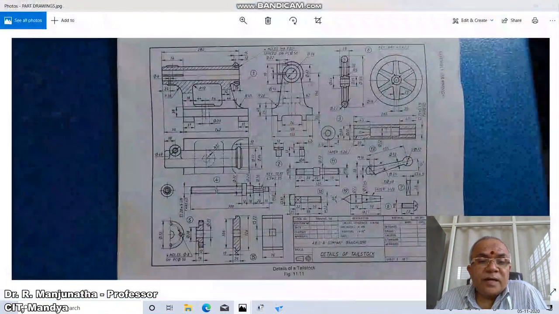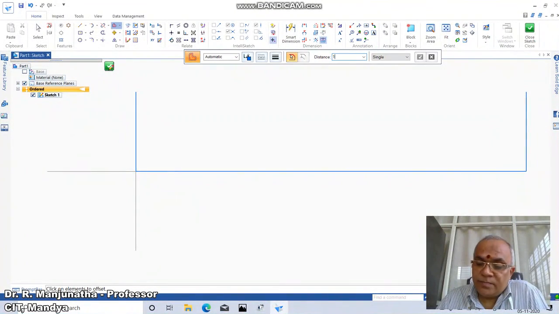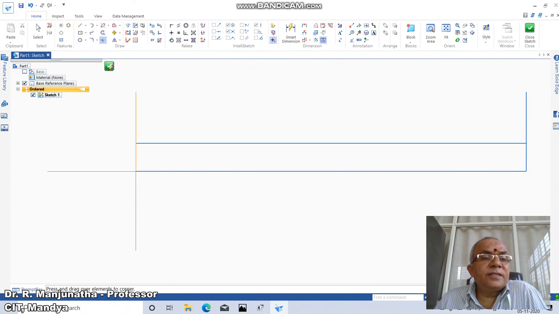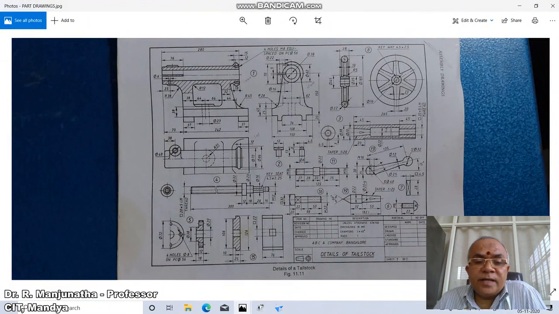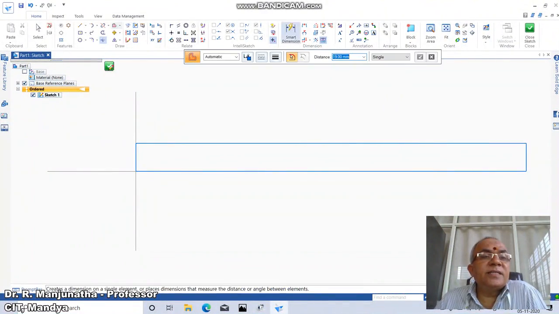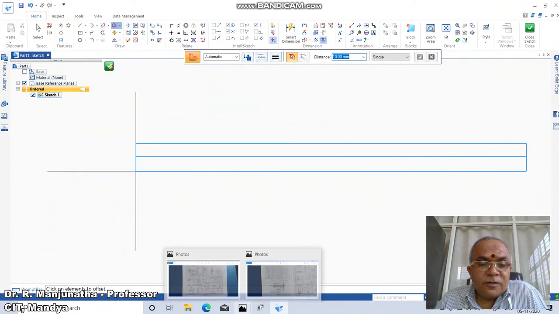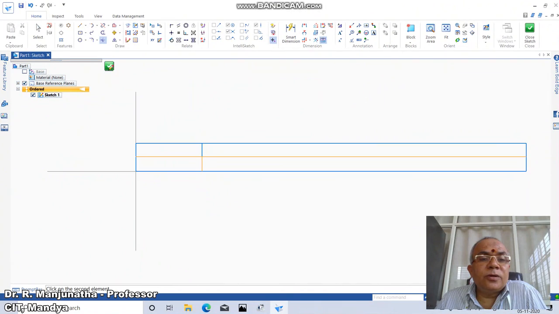Then we have the diameter, which is 38. Since I am taking the half, offset 19 mm. So we're going to take 19 mm from here. Then go to trim corner between this and this and between this and this. Now we are going to take up the internal one. From here to here it is 20. So you take offset, take the distance as 10. So from here you take 10 mm, and then the length of this is going to be 45 mm. So you take 45 from here. Then trim corner between these two. You have got this line.